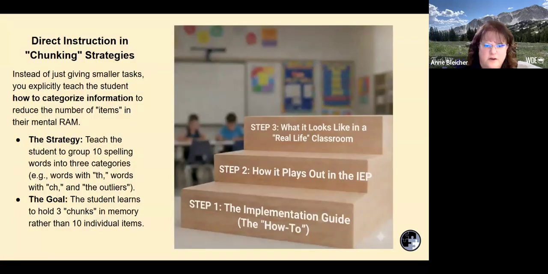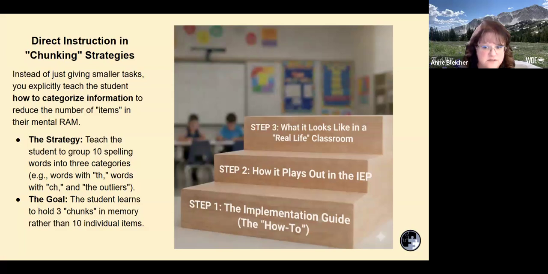So the strategy that I'm going to focus on for the purposes of this training, and like I said, there's additional slides in the slide deck, and also some additional information that you can access that has additional SDI strategies that you can look at and try out in the classroom. But we're going to talk about chunking today, and this is an example of direct instruction that intentionally changes how the information is presented so that it's manageable for students that have